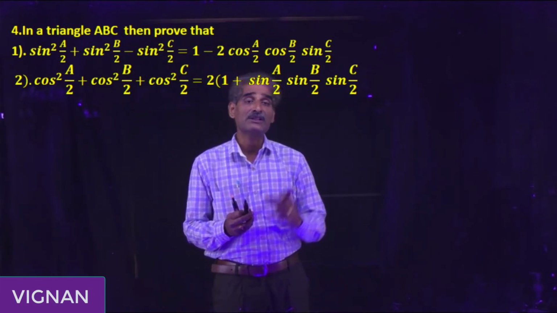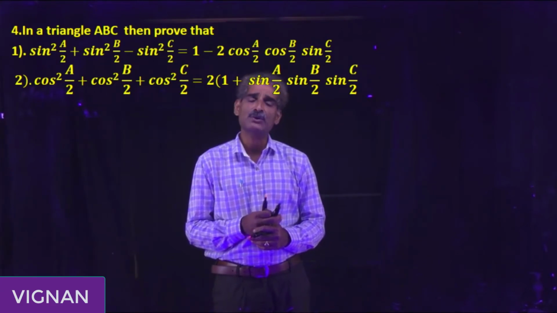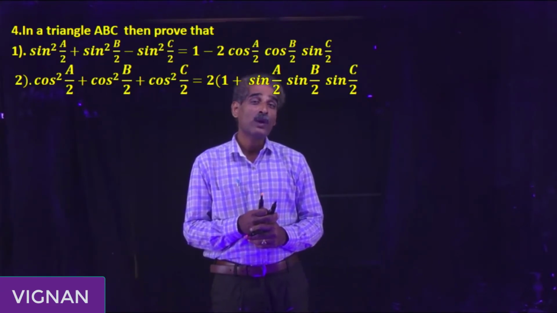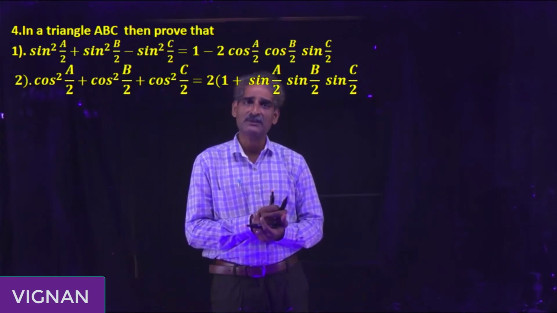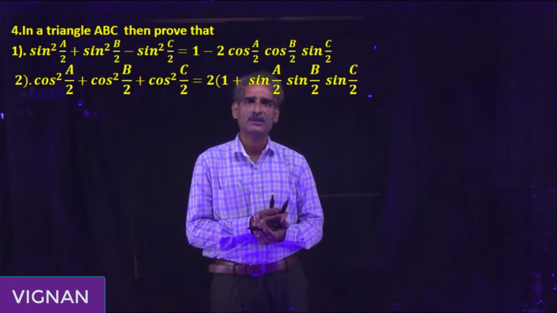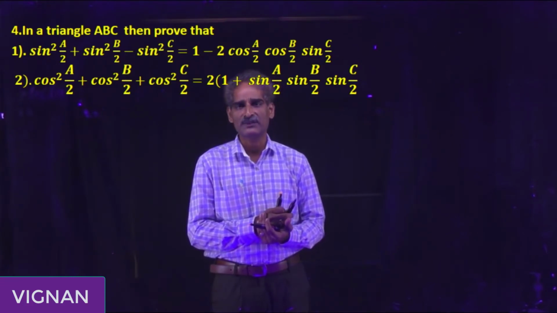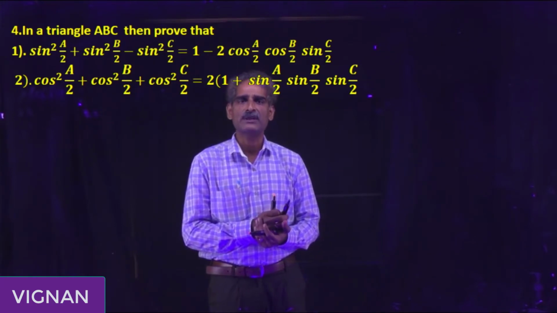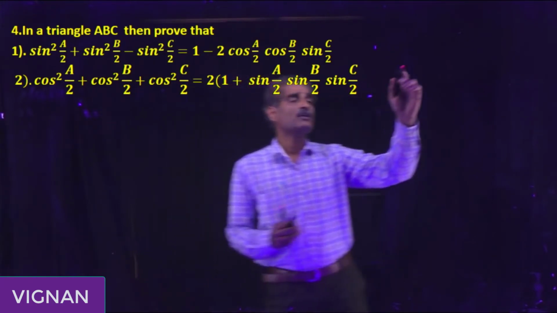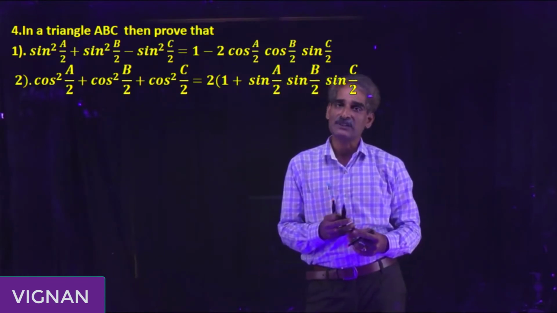The other one is by changing into first degree terms. We can write sin square A by 2 is equal to (1 minus cos A) whole by 2. Then we will get an expression in terms of cos A, cos B, cos C. You know how to do the transformation for the first degree functions in terms of A, B, C angles. Okay, so I will do the first problem with the square function formulas and the second one with first degree formulas.